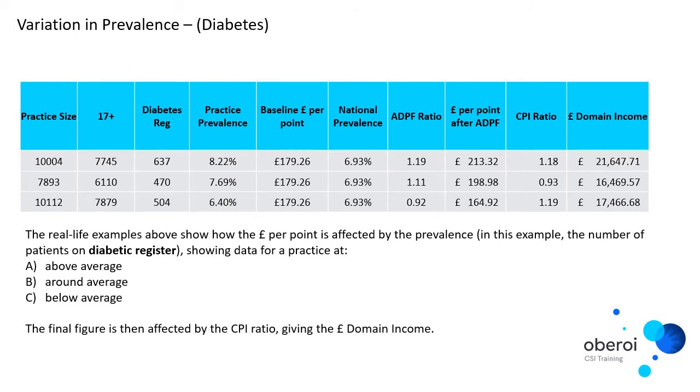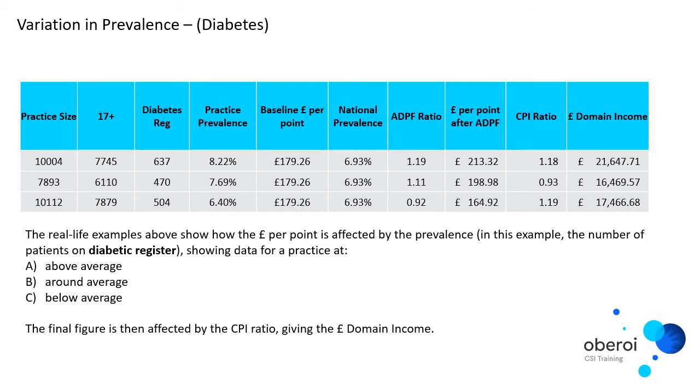So the baseline point multiplied by 1.19 becomes £213.32p for each point that was available. And then the contractor's population index also means they're above the national average, so their CPI ratio is 1.18. They're above the national average size, so that's another increase. So their total domain income for diabetes would be